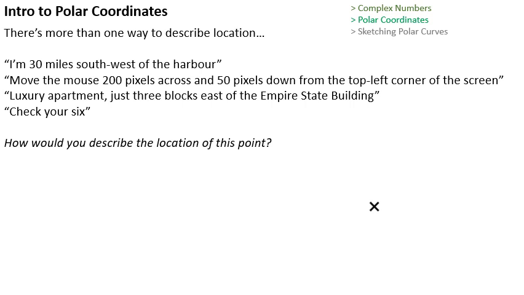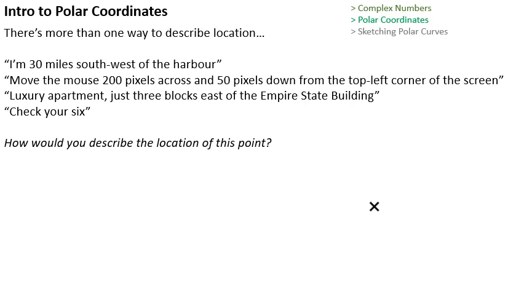Move the mouse 200 pixels across and 50 pixels down from the top left corner of the screen is similar to XY coordinates, but again, not quite the same. There is a difference in the way they're being defined. A luxury apartment just 3 blocks east of the Empire State Building. Again, there's some sort of grid system idea going on there, but the units are different and the direction is something that's defined in terms of compass directions rather than an inherent idea of what the left, right, and up